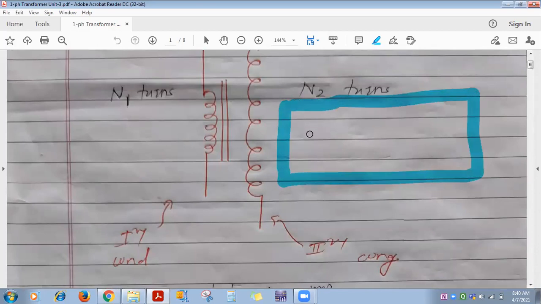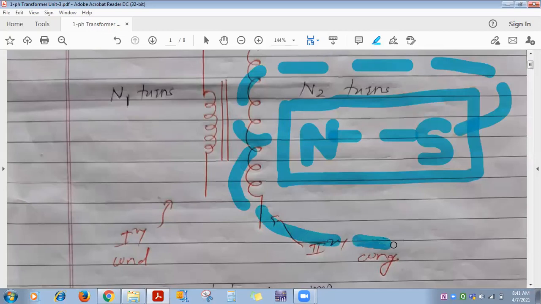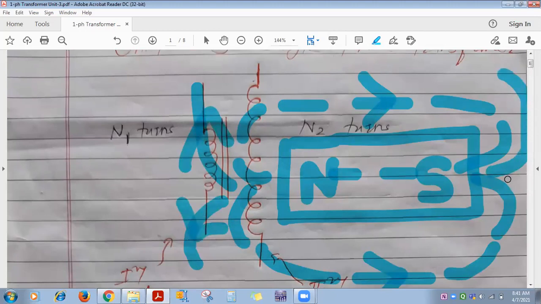Magnetic lines of force, I think all of you have studied this in 12th. Take one magnet. It has a north pole and a south pole. Magnetic lines of force start from north and move towards the south pole. Through the magnet also they complete the path, isn't it? And while moving from north to south, they always prefer the minimum opposition path. Okay, and the total number of magnetic lines of force is called magnetic flux.